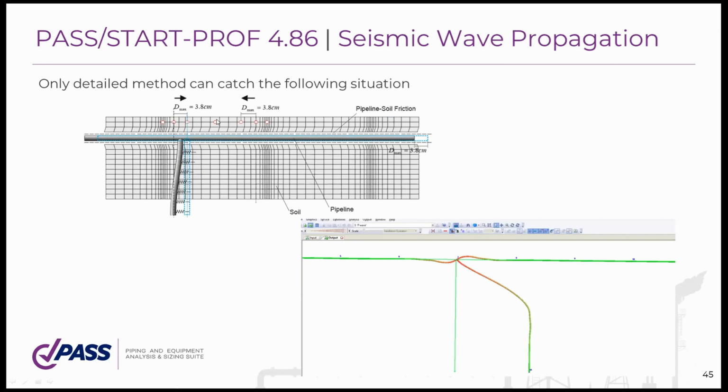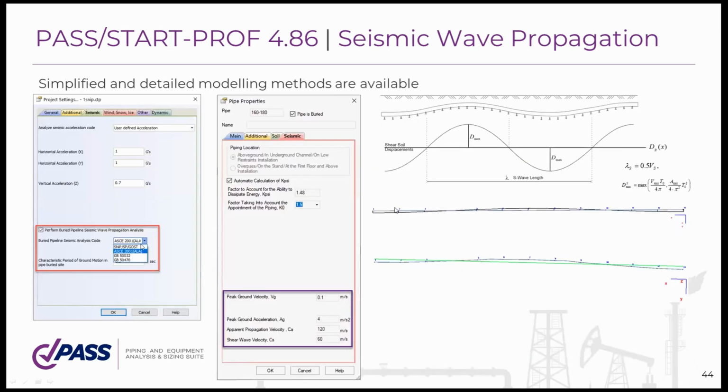And also we have the exact method for modeling of seismic waves. It is more applicable for piping systems and pipelines with branches and with significant direction changes, because every branch of the pipeline or piping system works like an anchor in the soil, and this is very dangerous because this anchor will be moved with the soil, so the friction between the pipe and the surrounding soil will not save your piping from the great forces and great deformations, and the stresses in this branch connection will be very high. So this detailed method allows you to model it more correctly than the simplified method. Okay,